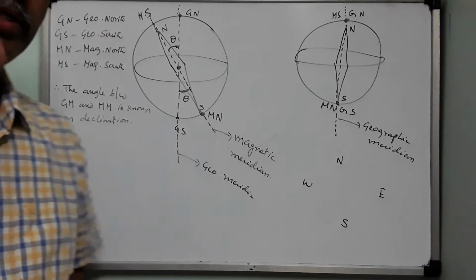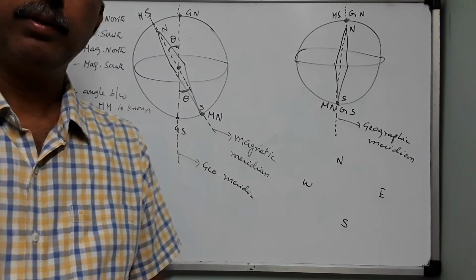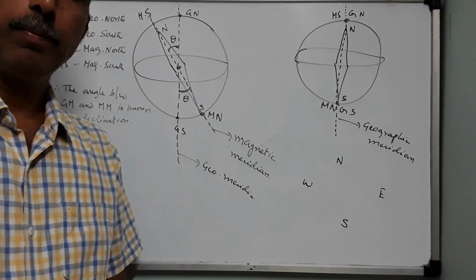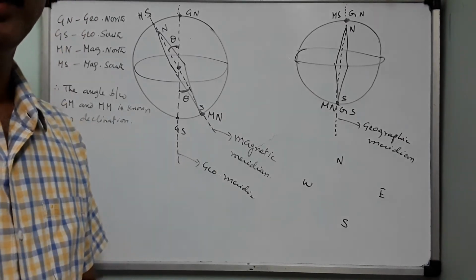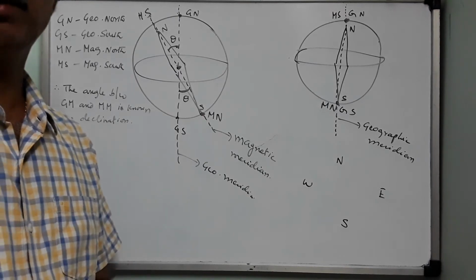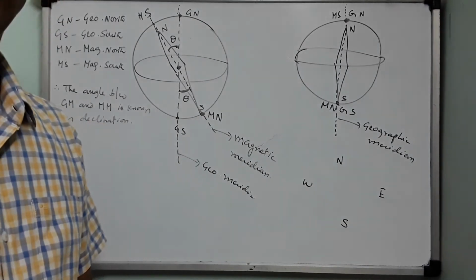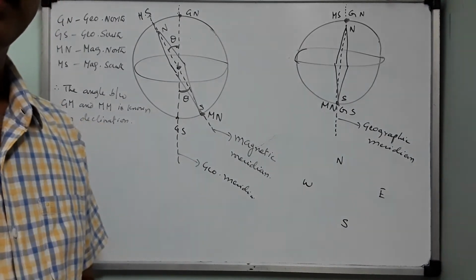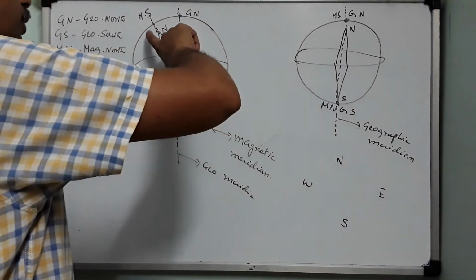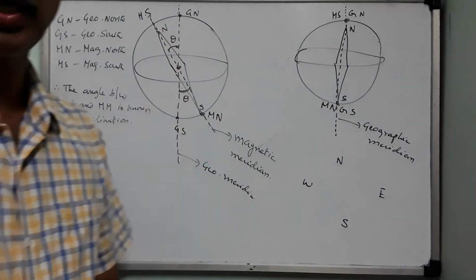This declination value is not the same at all places, children. For places very close to the equator, this theta value will be very, very small. Particularly in India, like Delhi and Mumbai, it will be less than 1 degree because they are lying close to the equator as compared to places in higher latitudes. That is the reason why a compass needle almost shows true geographic north and true geographic south, since theta approaching 1 degree is almost negligibly small.